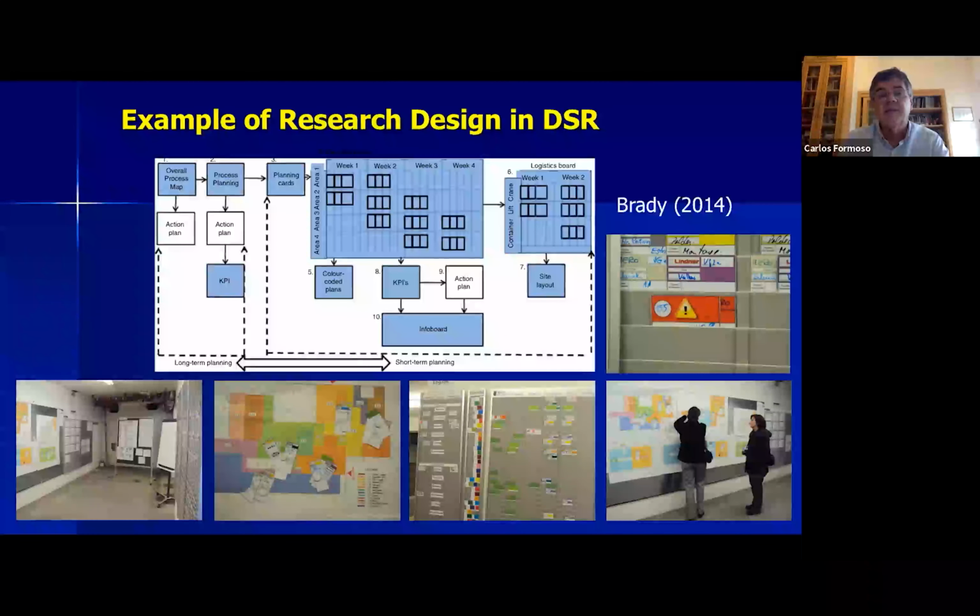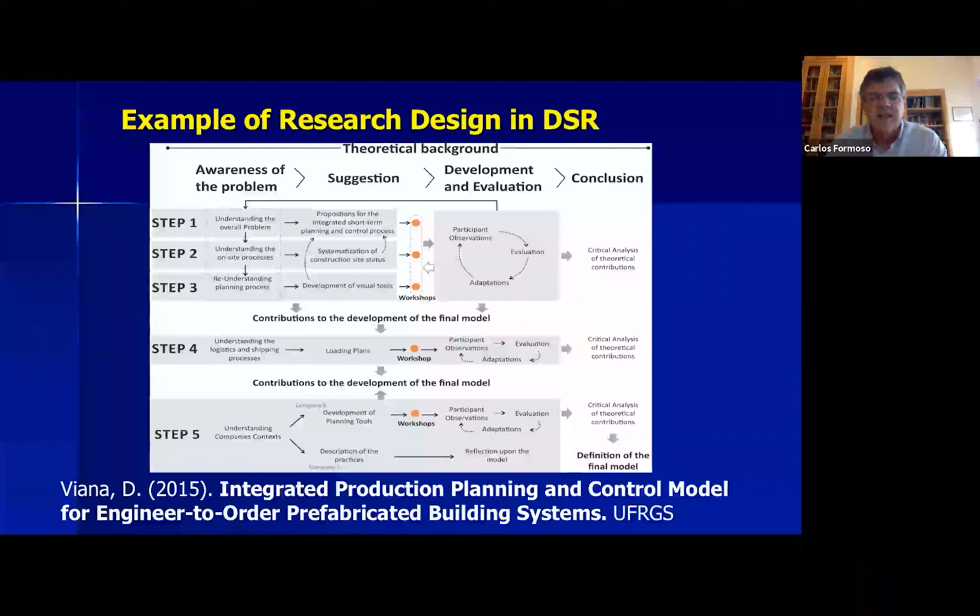She did a couple of studies in Brazil in collaboration with our university. This is the work of another student, Daniela Viana. She did some work on engineer to order prefabricated building systems. And she did some work with a very large steel fabricator from South America, a leading company in terms of the delivery of steel structures. And she devised this